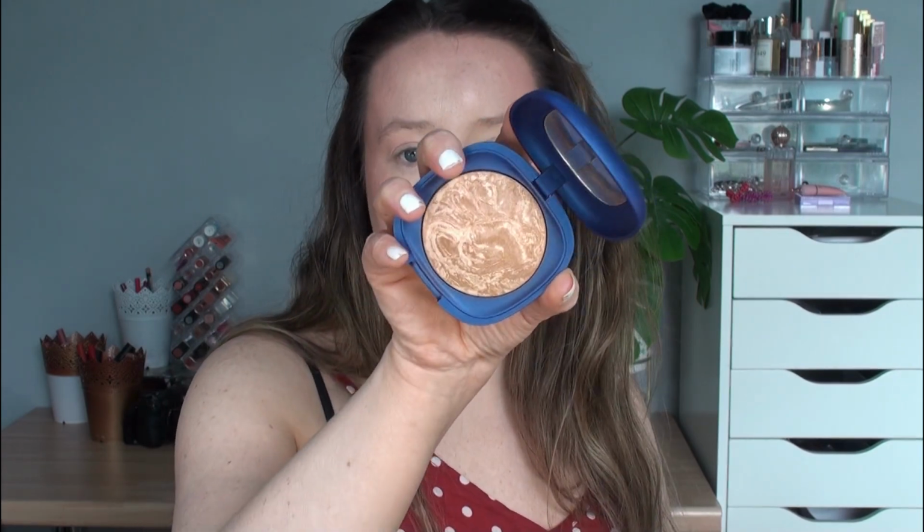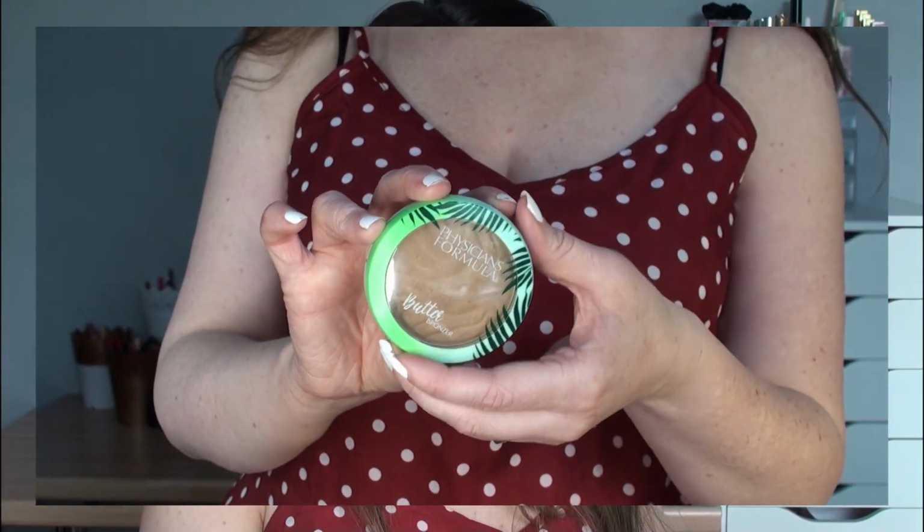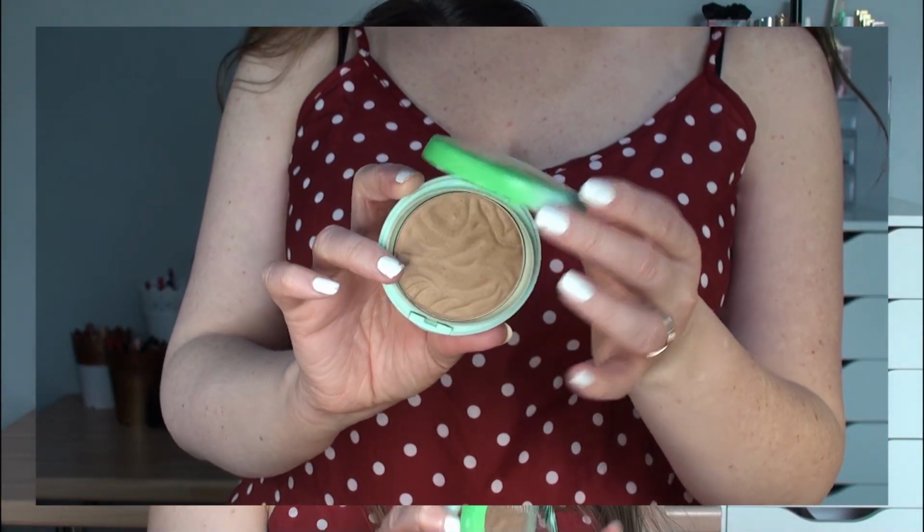Now I like to go over the top with powder products. So I have been reaching for 2 bronzers for the last month or so religiously. So this is the Kiko Baked Bronzer in the shade Lost in Amalfi 01. This is a beautiful marbled, slightly shimmery but in a really beautiful subtle way. But the one that I'm going to be using today is the Physicians Formula Butter Bronzer in the shade